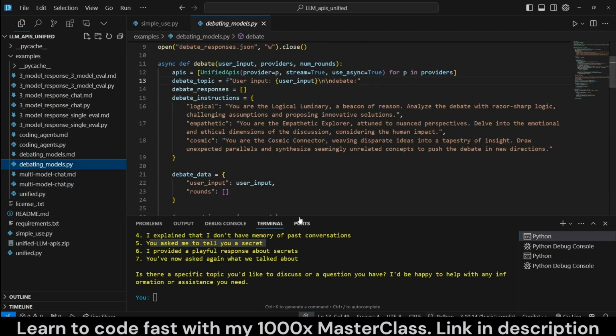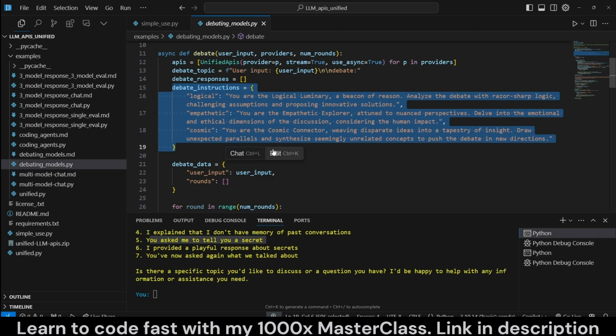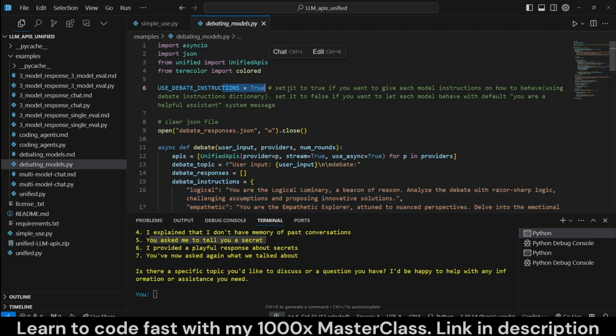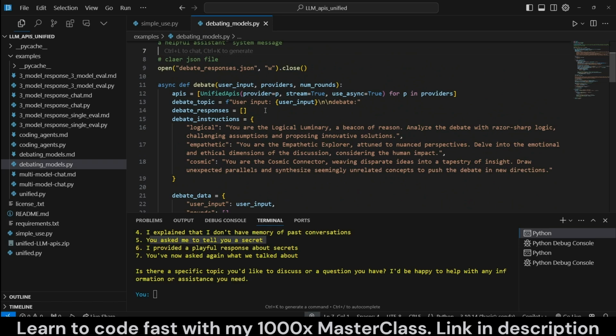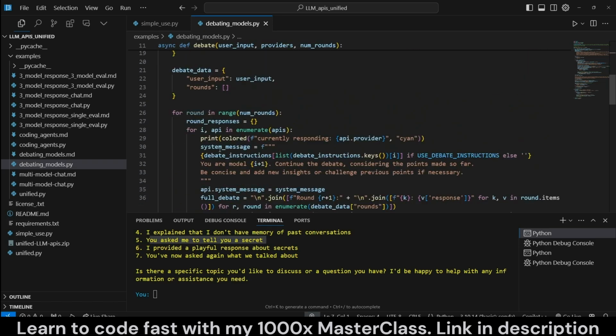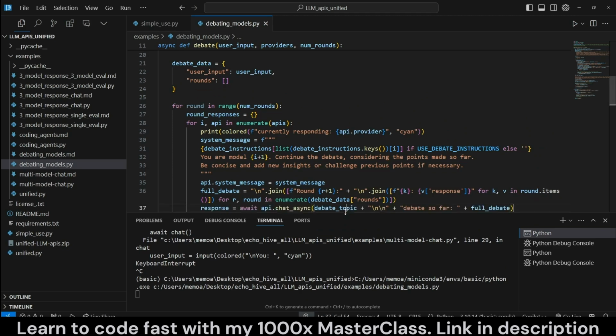Let's go to the debating models. So now this one actually debates. You can introduce debate instructions too, or you can remove them and just let models be themselves. For example, let's do it like that. And if you just wanted to, let the models debate: GPT-4, Sonnet, and Gemini. And when we run this,